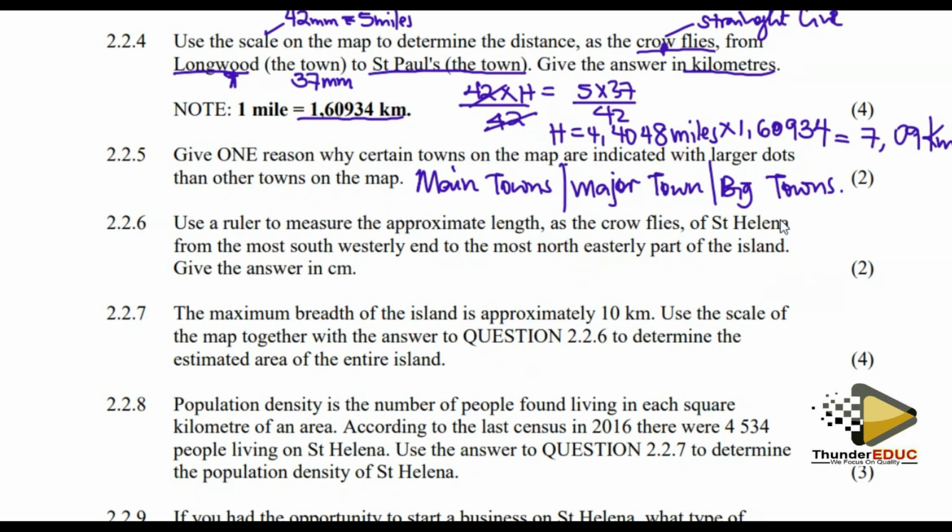Okay. Use a ruler to measure approximately the length of St. Helena from the most southwesterly to the most northeasterly part of the island. Give your answer in centimeters. Here they have just told you to use a ruler and do what? Measure the distance between the most southwesterly and the most northeasterly. You understand? So simply we are measuring between southwest and